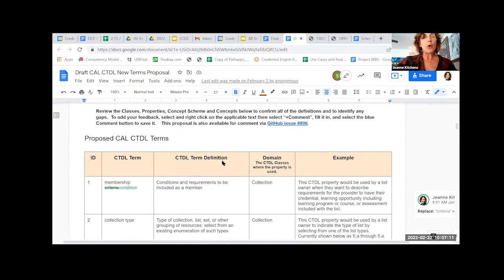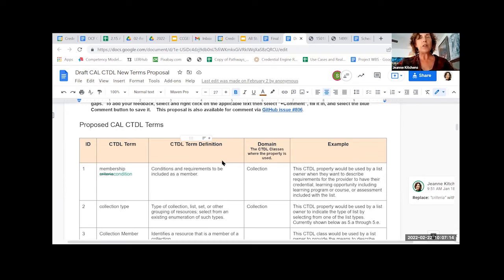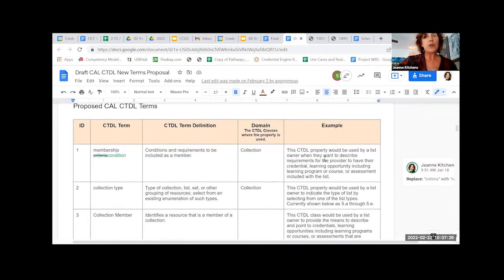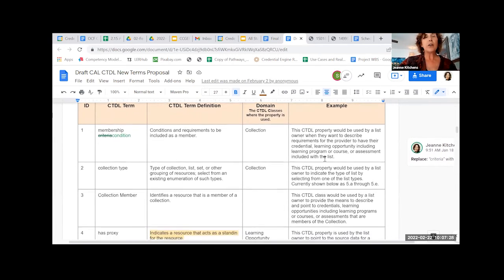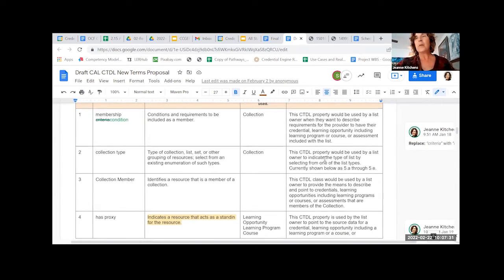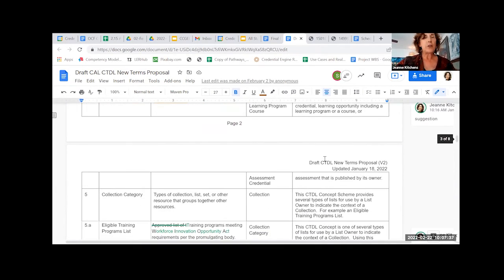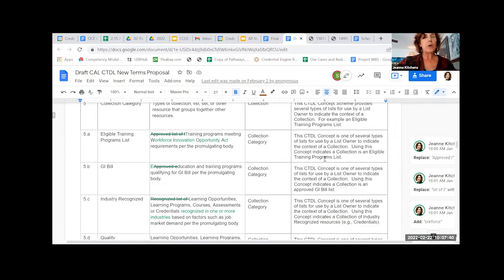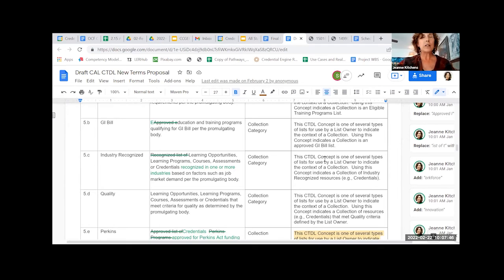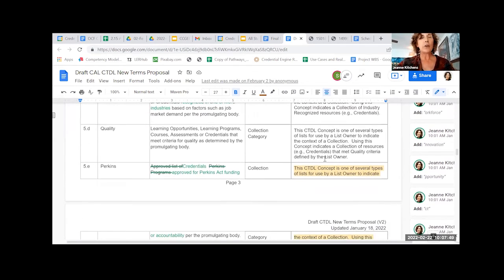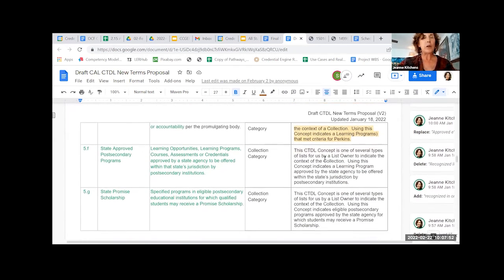The way this works is we identify the new CTDL terms, and you can see this table has an orange color here to correspond to the picture of the model that I just showed you. It's only going to identify the new terms. You can comment in here on the definitions, and we will log and review all of the comments. So you can see that the terms proposal has a small number of terms, including the types of lists, which is really important. We did get some additional feedback on other types of lists that we need to include.